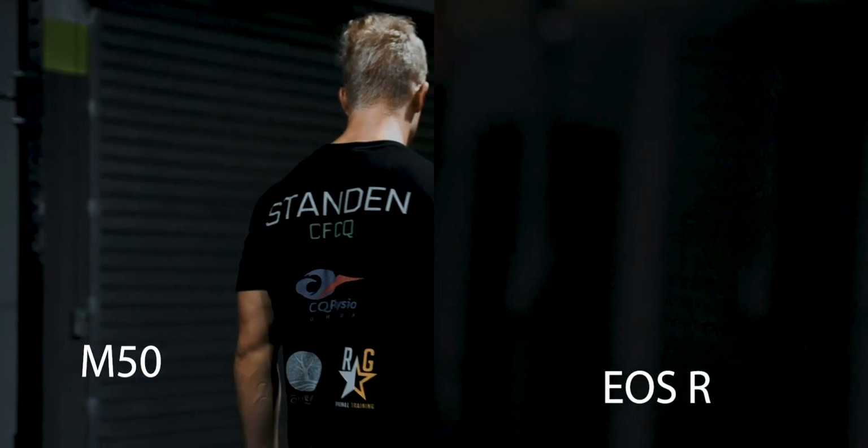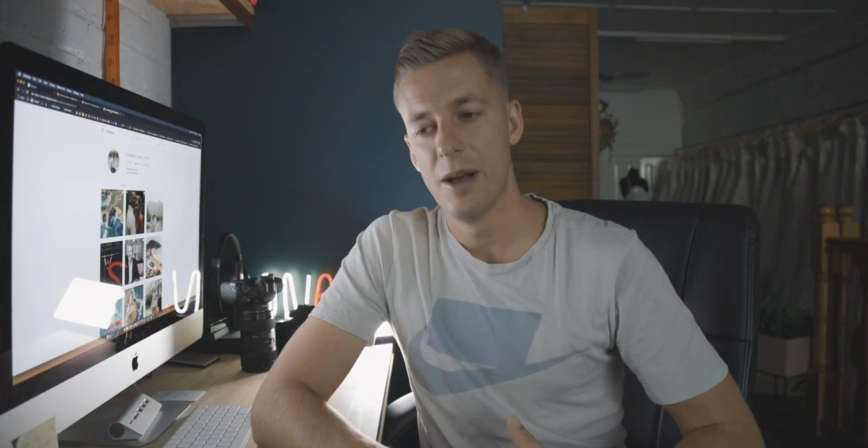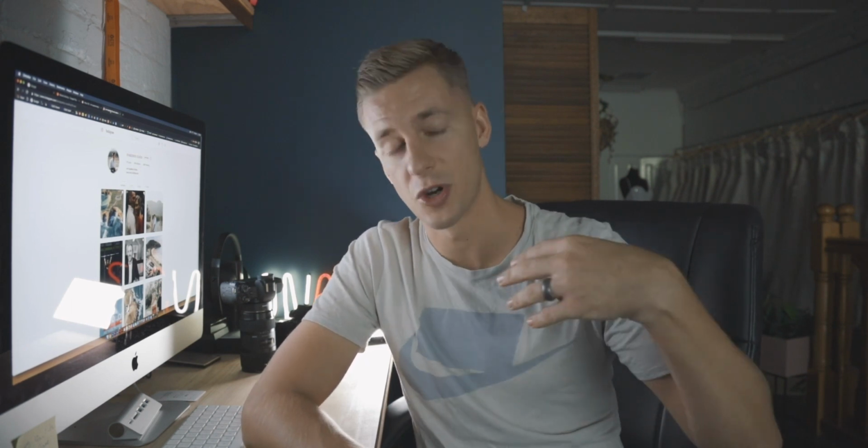Obviously there's the dynamic range in the EOS R footage, and the shadows that are captured in the M50. But personally, the M50 has quite a unique look. It's quite cool, and although the dynamic range isn't as good in this condition, it gave it a cool effect. So again, if you're looking at what mirrorless camera you should buy, or you're buying your first camera,